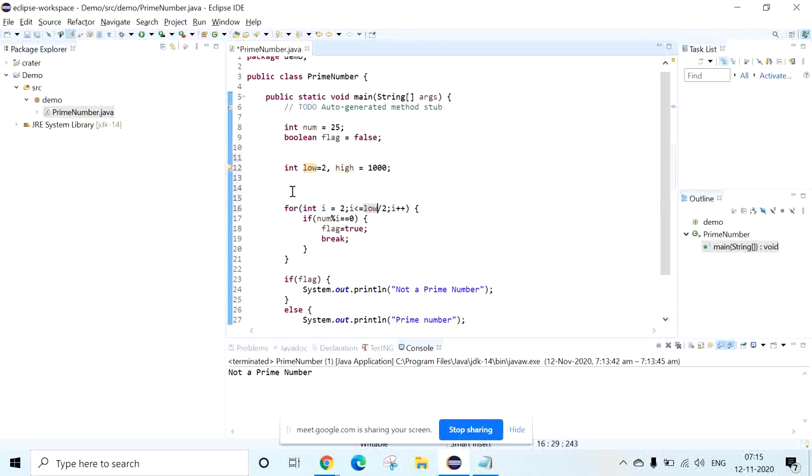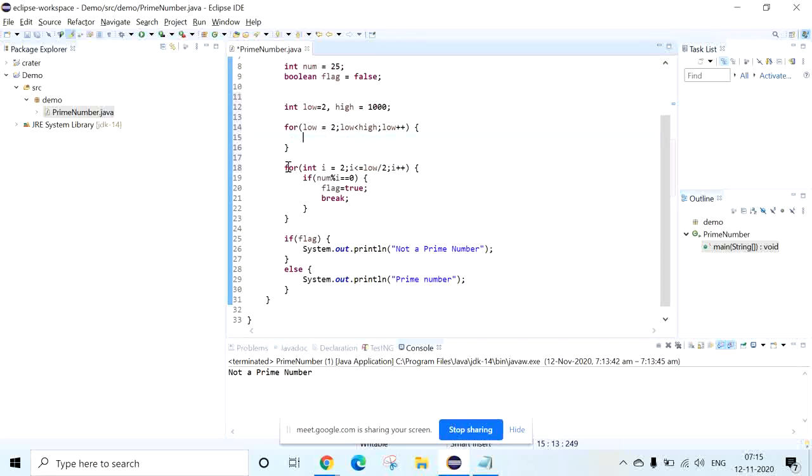So here you need to write one more for loop over here for low less than high, because we are going to increment. We'll take low equal to 2, then low less than high, which means we are going to increase one by one.